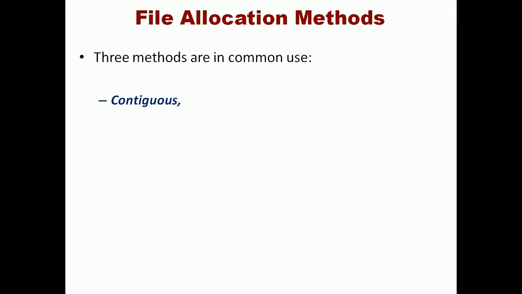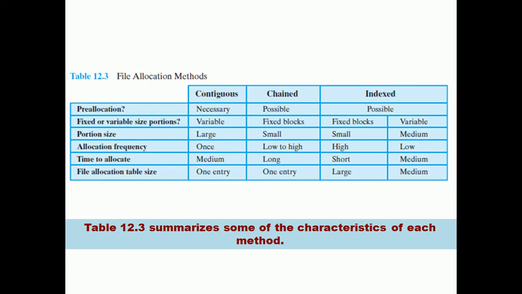One is the contiguous allocation method, where the allocation is done in a continuous manner. The next one is the chained allocation method. Here we have a pointer from one block to another block. And we have the indexed method. In this indexed scheme, one block acts as an index block, and all the index values of the other blocks are stored in it. With the help of that index block, we can easily identify where the rest of the file is stored.